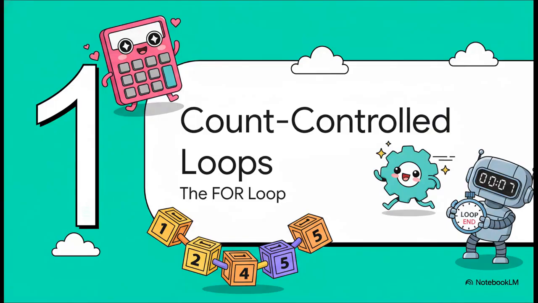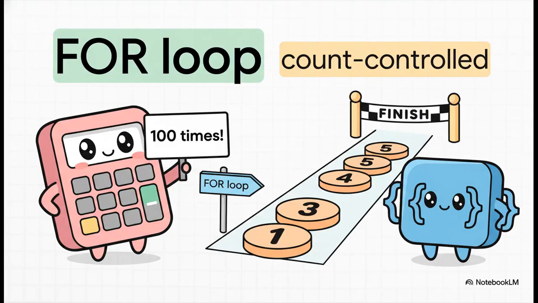All right, let's open up our programming toolkit. The first tool we're going to pull out is something I call the counter. Now, in proper programming terms, this is what's known as a count-controlled for loop, and it is perfect for one very specific job. The rule here is dead simple. If you know ahead of time exactly how many times you need to repeat something, whether it's 5 times, 100 times, or 1,000,000 times, the for loop is your best friend.